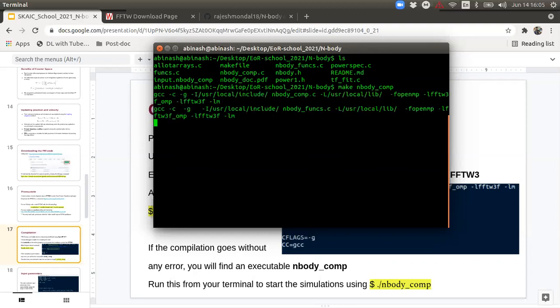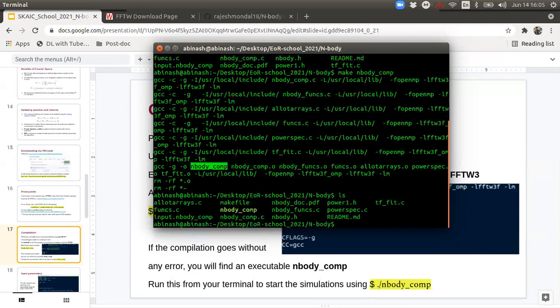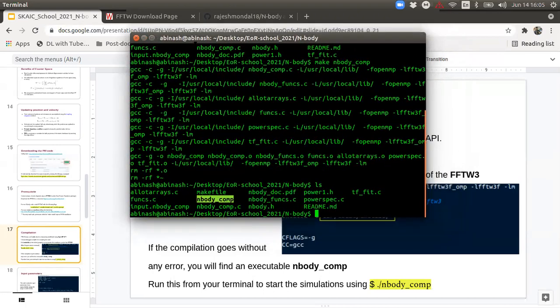See, your code is getting compiled, and finally it is being linked to something called nbody comp. Now if you ls, you can see that this file has been generated here, nbody comp, which was not there earlier. This is the main executable which you have to run in order to get the output at different redshifts of the dark matter density field.